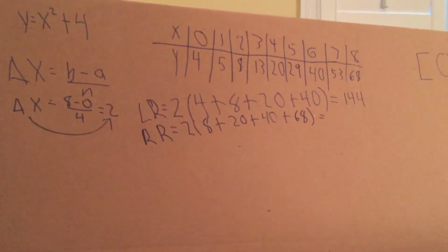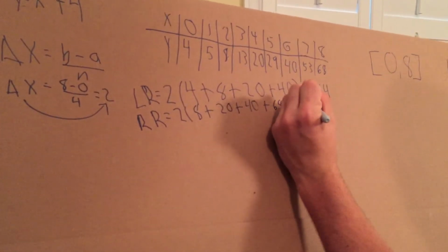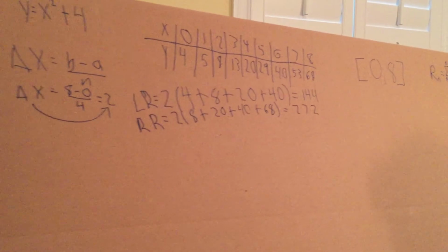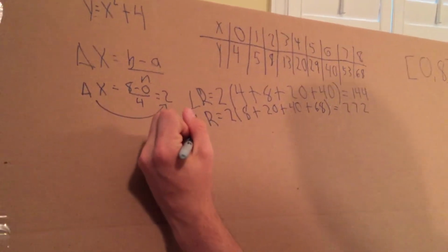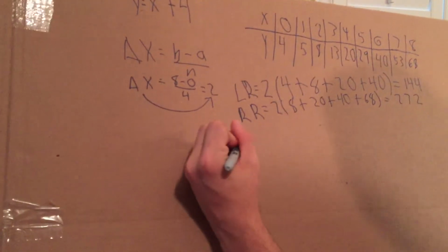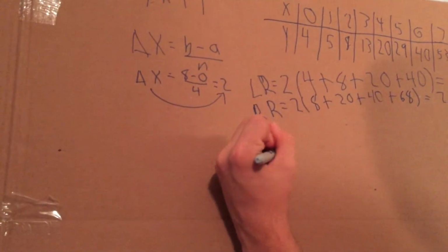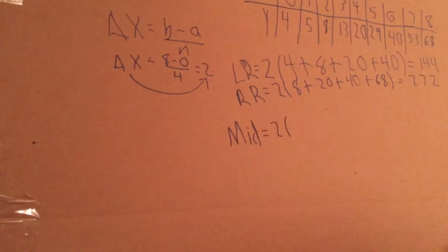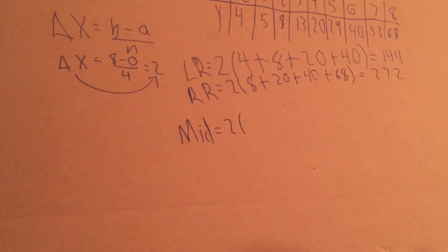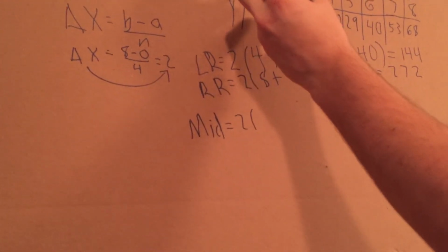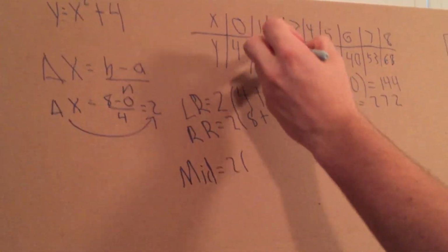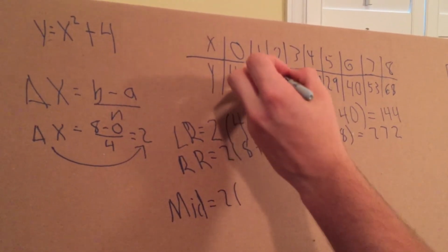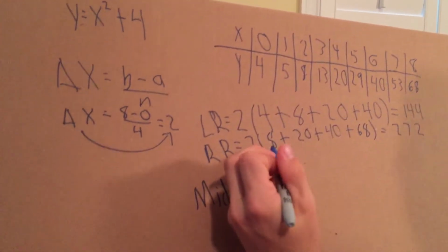Add these up, multiply by 2, it was 272. Okay, so we have that. And then now we will do our midpoint Riemann sum. I'll just distinguish that as mid. So our change in x this time is still going to be 2. But for this Riemann sum, we're going to have to use the midpoint of each interval, and that point was actually given to us, which is also nice. So 5 is our first point,